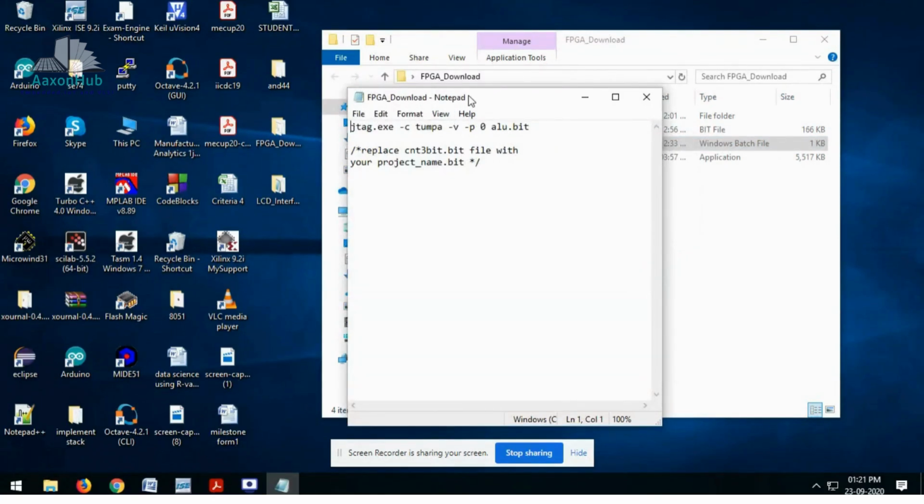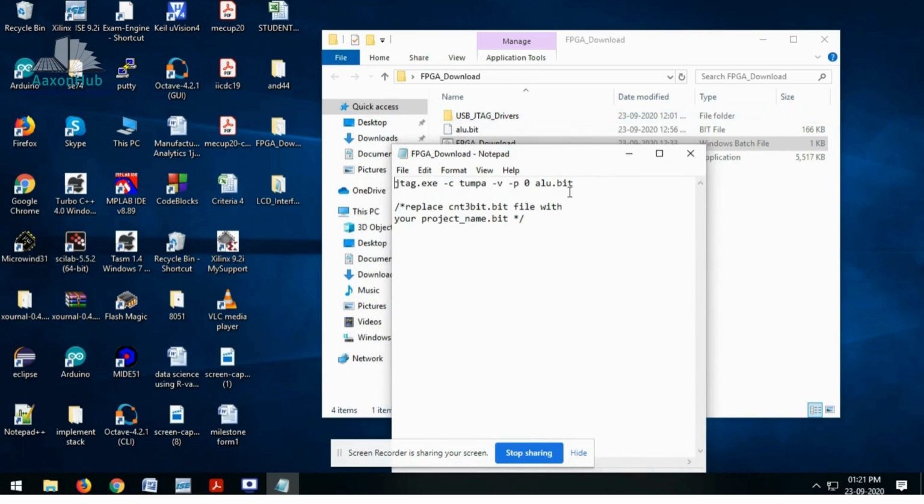In this particular file, you have to give the path, because whenever you are using this JTAG driver, through that driver you are supposed to download this executable file. For our experiment, the file name dot bit file is required for the execution of that respective hardware file onto its hardware. For that matter, you require this ALU.bit file. So give the same name over here. The file name is ALU.bit, so write that file name, ALU.bit, in this location.